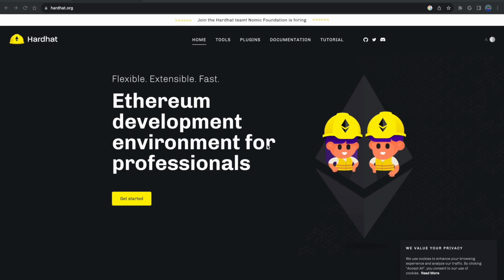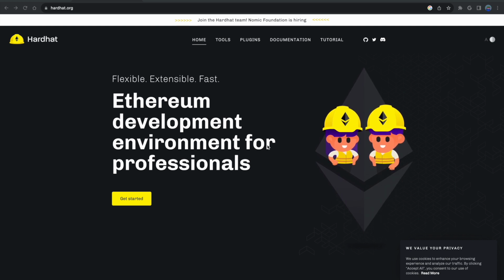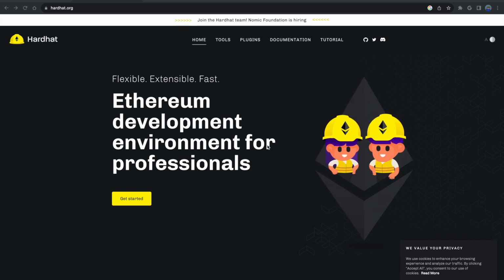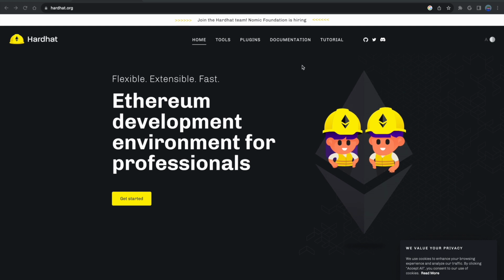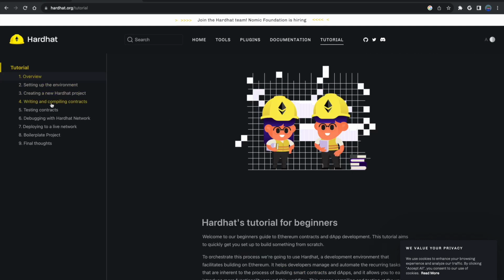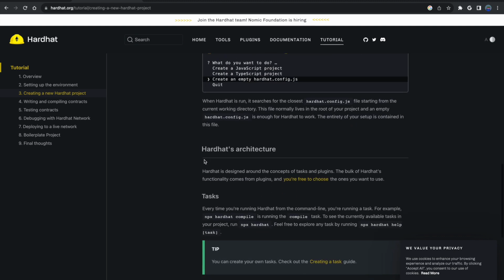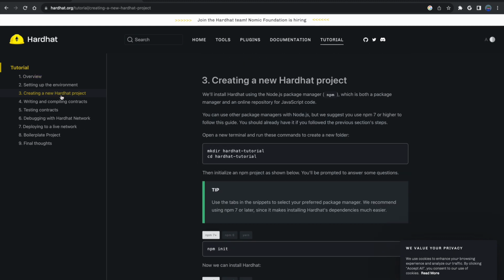There's an ongoing battle on Twitter, or at least in the security and development space. So you can choose whichever one you like the most for your development process. But with Hardhat, those are the main things to know about it. So overall, you're interacting with not only Solidity, but also with JavaScript. Okay? So you're writing all your tests in JavaScript. You are deploying locally using JavaScript scripts. That is the main thing to understand about Hardhat.